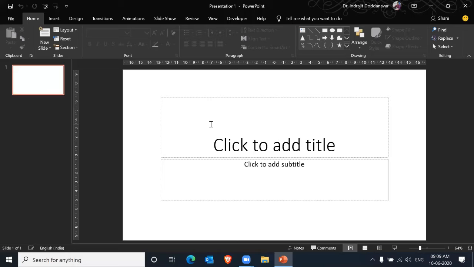Basically, if you're doing a PowerPoint presentation and you're going to present it on a desktop or a laptop, then this particular wide view is okay. Also if you want to present it on a mobile, this is okay, because mobiles have wide screen technology.